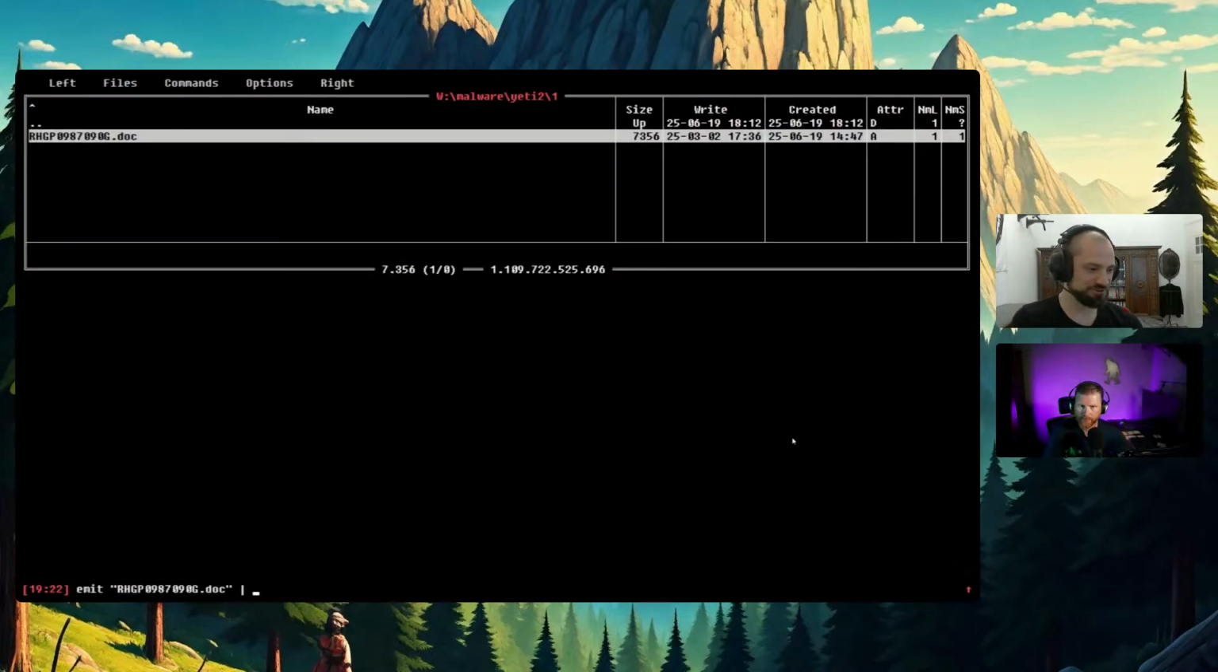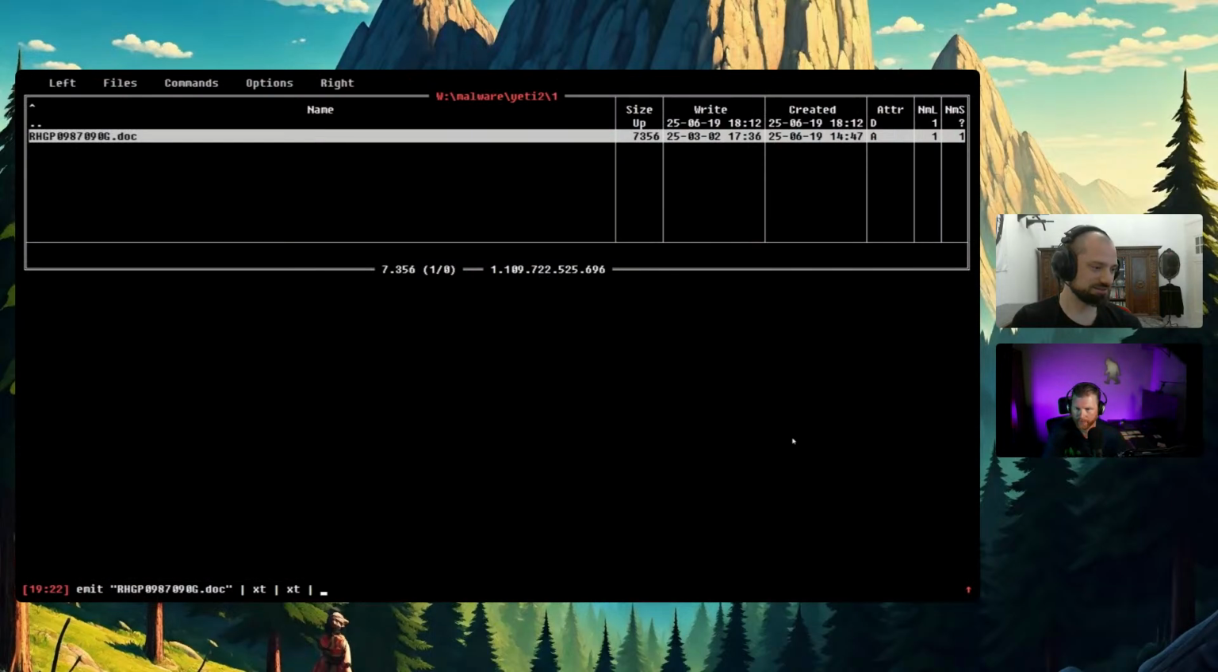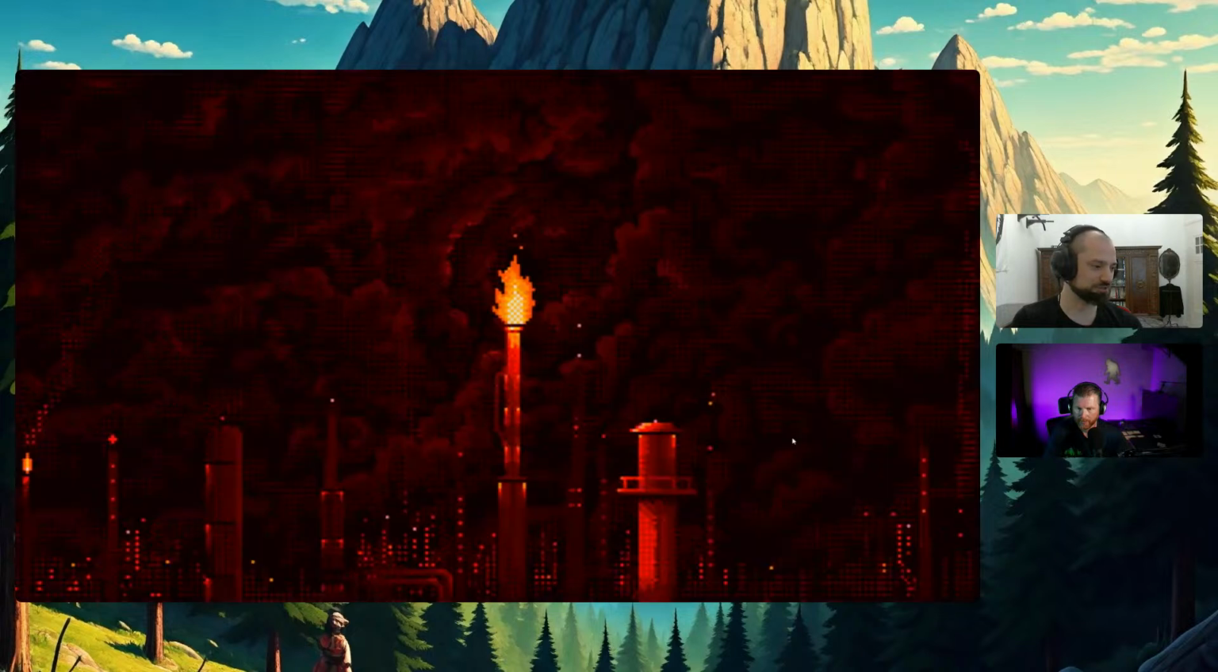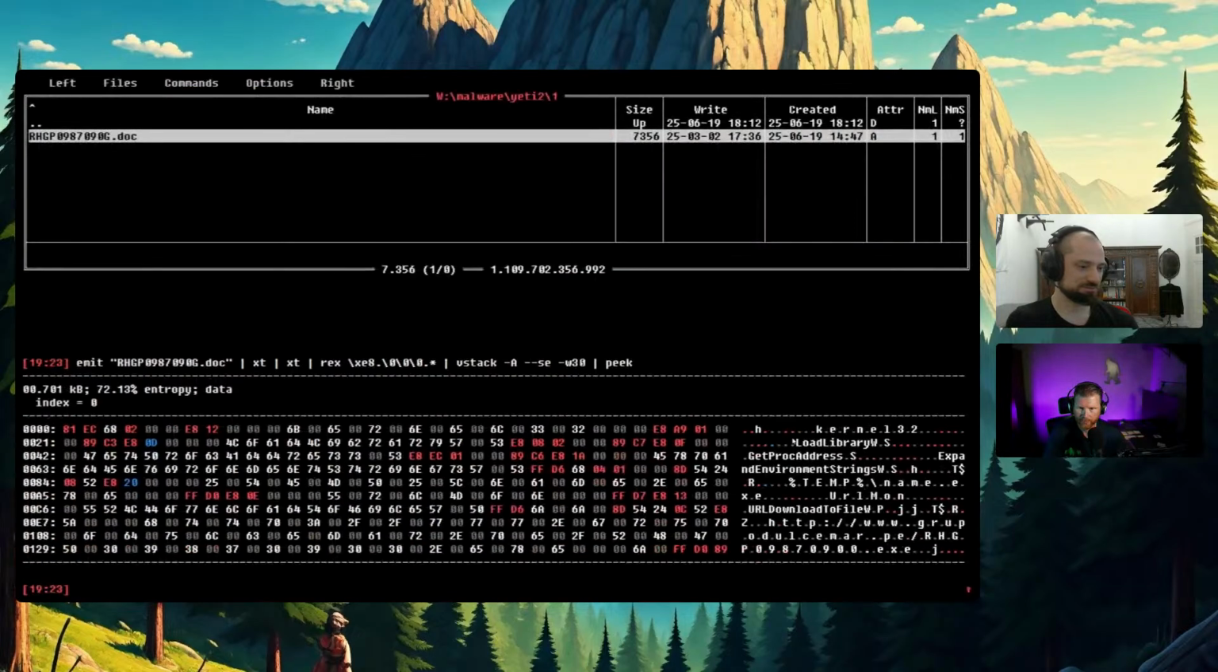So, what did we do? We did xt, and then like rex, xe. I'm going to show you how it's supposed to look if only my release was already ready. So -A, Speakeasy, and wait for like 20. So I do not know why it doesn't work. I am unsure. It's supposed to show you the API calls, and I can show you what Speakeasy does